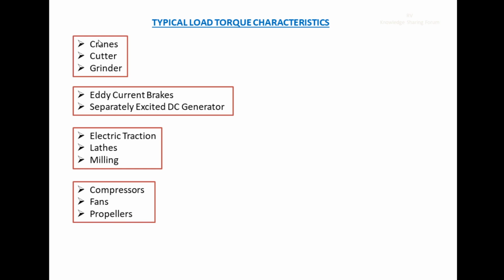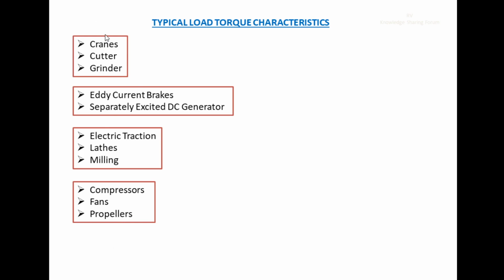So first we should understand the typical load torque characteristics of these industrial loads. Therefore, we can make use of electric drives. All these types of industrial loads need motion control, right? The motion control for these industrial loads is given by an electric drive. In other words, the electric drive is used as a prime mover for these industrial loads. So before using electric drives for these industrial loads, we should understand the load torque characteristics